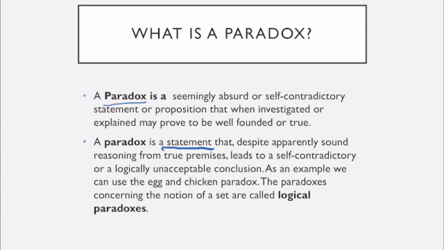So an example we could use is the chicken or the egg paradox, right? It's absurd and self-contradicting. What I mean by the chicken and the egg paradox is, which came first, the chicken or the egg? Okay, well, you need the egg in order to have the chicken, but who laid the egg? It would have been the chicken, so I guess the chicken comes first, right? That's a simple example of a paradox, and I have a few more examples in this slide.